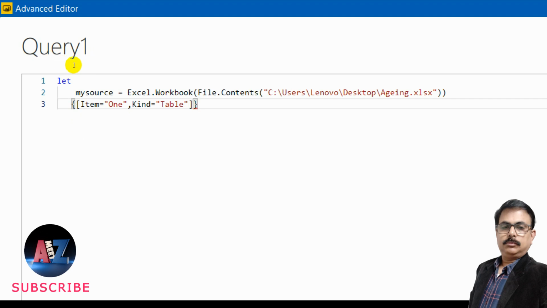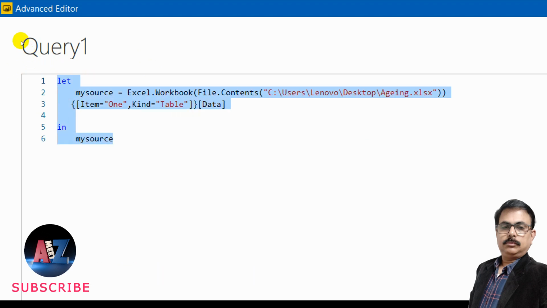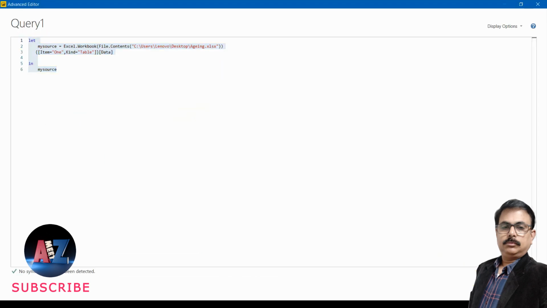So my source equals Excel.Workbook, file contents, giving it no extra brackets. Sometimes I get to do that. Now I need to get the data from it. So this is the code, and after that I need to say I need to stop at a step, that is the nature of mQuery. To understand that, I've already discussed this point in one of the videos. You can watch that. So that is my source. Now let me copy this entire line. It's a single line of code, and then I can just say yes, done.